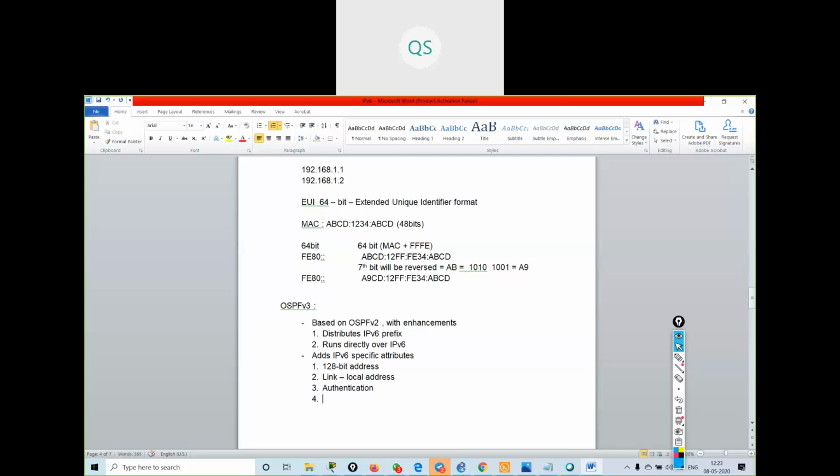Now the main thing: OSPF version 3 runs over a link rather than a subnet. What do you mean by that? I will explain what I mean when I say it runs over a link rather than a subnet.